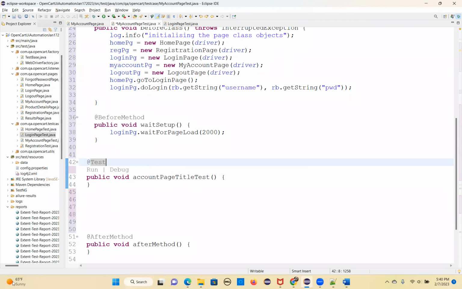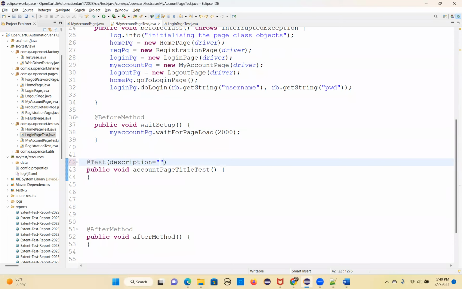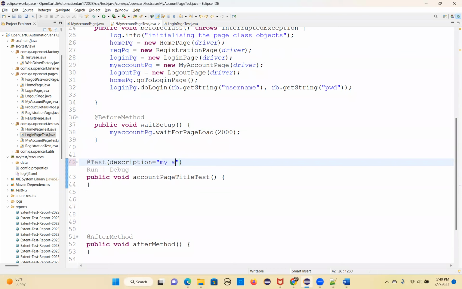Okay, yeah. So you can put that wait time. Page object reference, you change it. This one. Okay. Okay, sir. Then you can give description if you want more description. So my account page title verification,